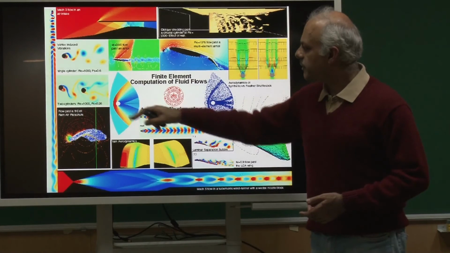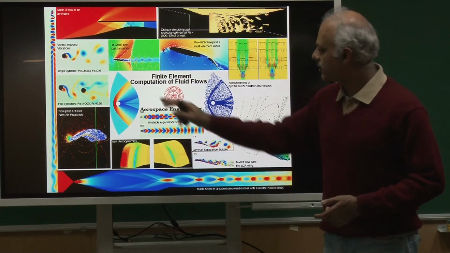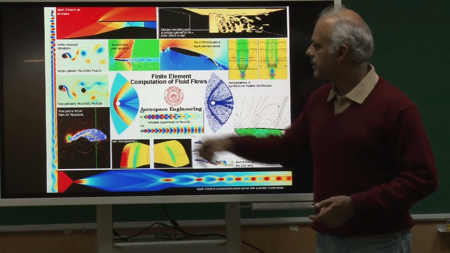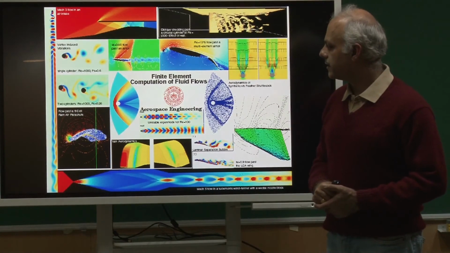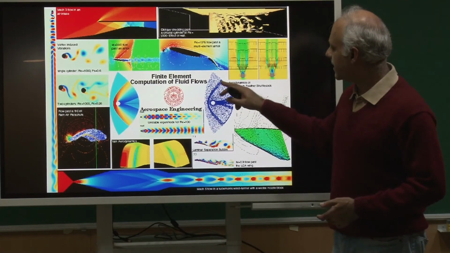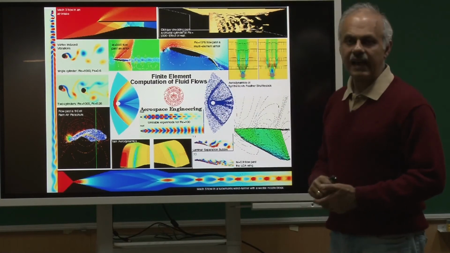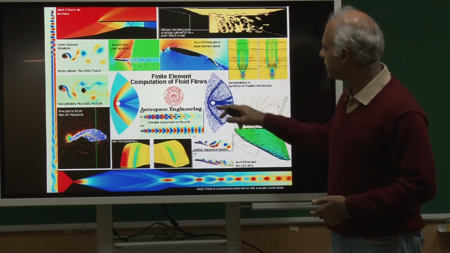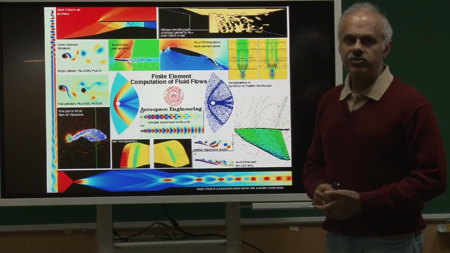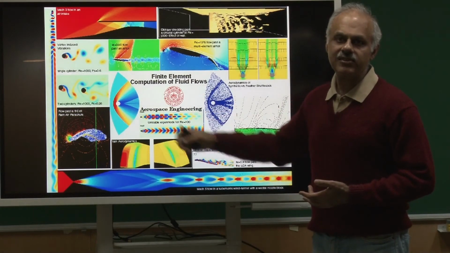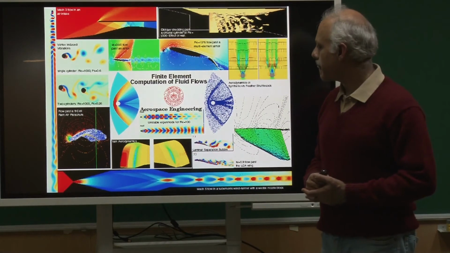This is high speed flow for a bluff body, and you can see the shock structure here, and of course also the shocks in the wake, but they need to be resolved well, and typically what is done is a finite element mesh is adaptively refined so that you get a higher resolution near the shock. So, the mesh itself depends on what the solution is. Okay, so, that is called adaptive gridding.